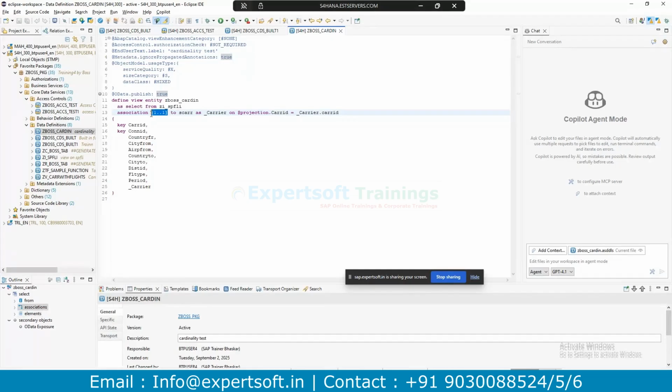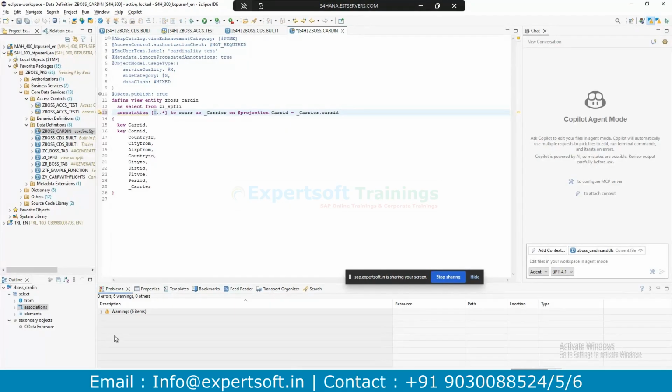Association 1 to 1 means there is a lower limit and an upper limit. It's like at least and at most. At least one record and at most one record. And if it is 0 to star, at least 0 records and at most many records. So you don't find any issues when we expose it in any of the places also. But it will give the warning.